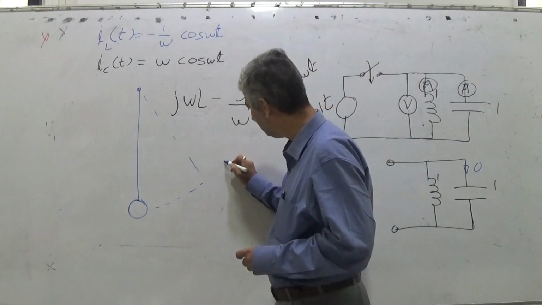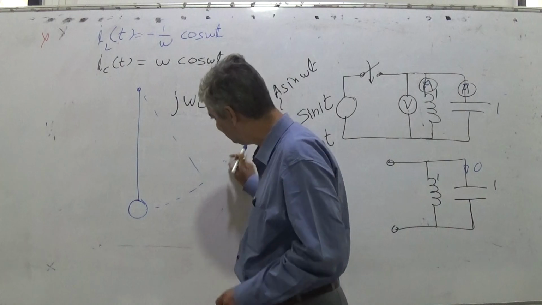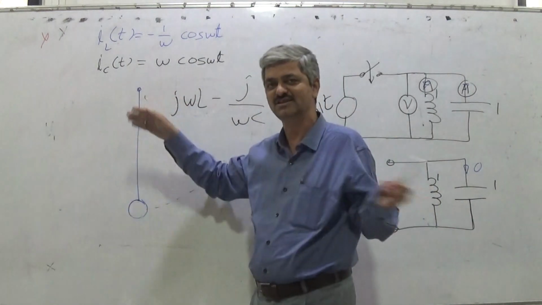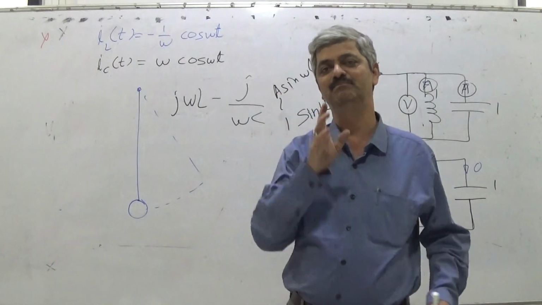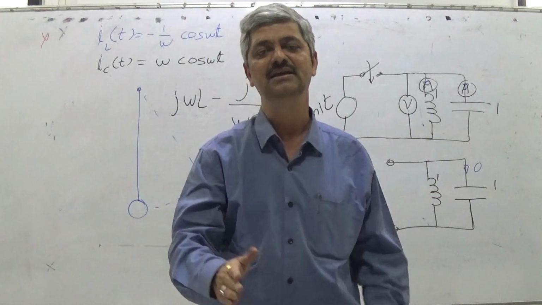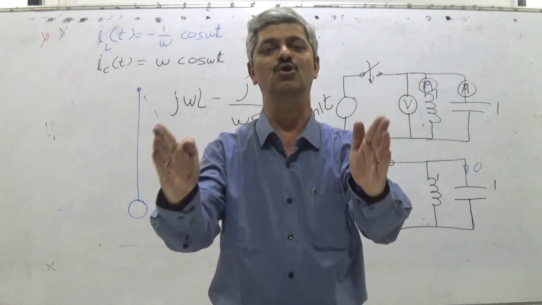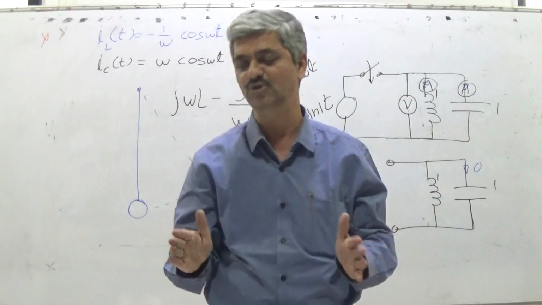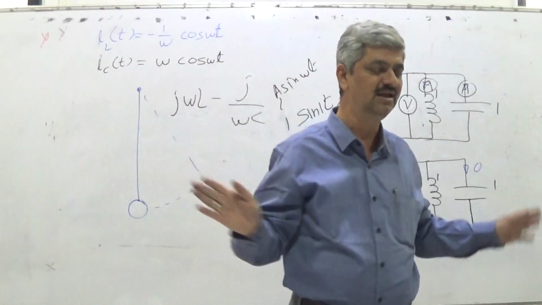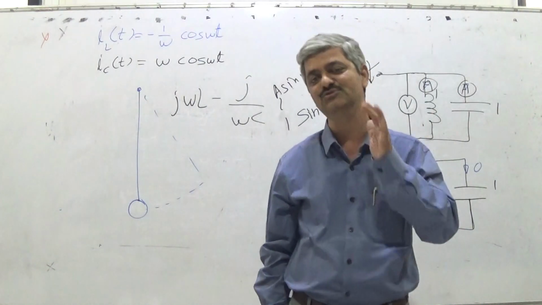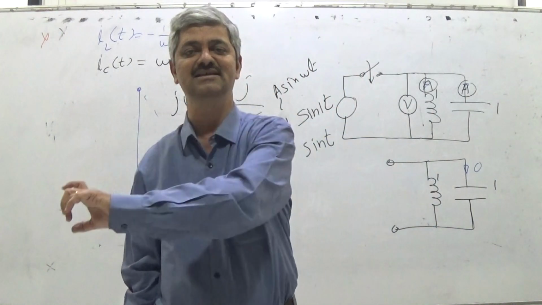If you bring it here and then release it, it will continue to oscillate here. And if everything is vacuum and no friction, nothing else, the pendulum will continue to oscillate in the range in which oscillations were started and never die down. Oscillations will be sustained oscillations and they will never die down in an ideal situation. In a practical situation it doesn't happen, so you need the battery cell.